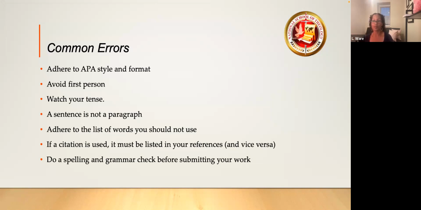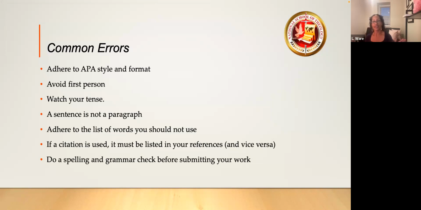And as always, do a spelling and grammar check. Go back through. Sometimes the grammar check doesn't necessarily catch tense, present or past tense, or if you're saying something in the past and you don't put an -ed on it or something like that. So go back through and reread it. Or if you have someone else that can read it for you, ask them, does this make sense? Sometimes we're very familiar and we know what we're trying to say.